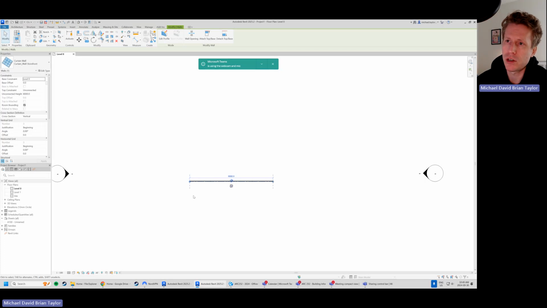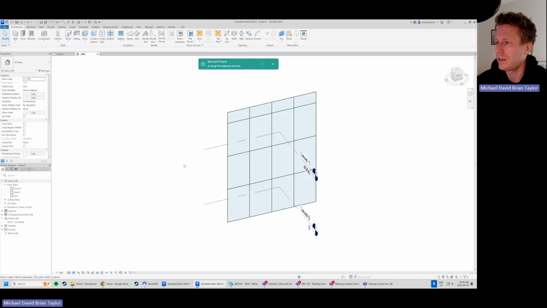And what I'm going to do now is jump to our 3D view. So let's jump to our 3D view. And I'll show you a little bit about the kind of components that are built in within the curtain wall system itself. So let's jump over here to our 3D view. So remember our little default 3D view. Let's click that. You can see immediately